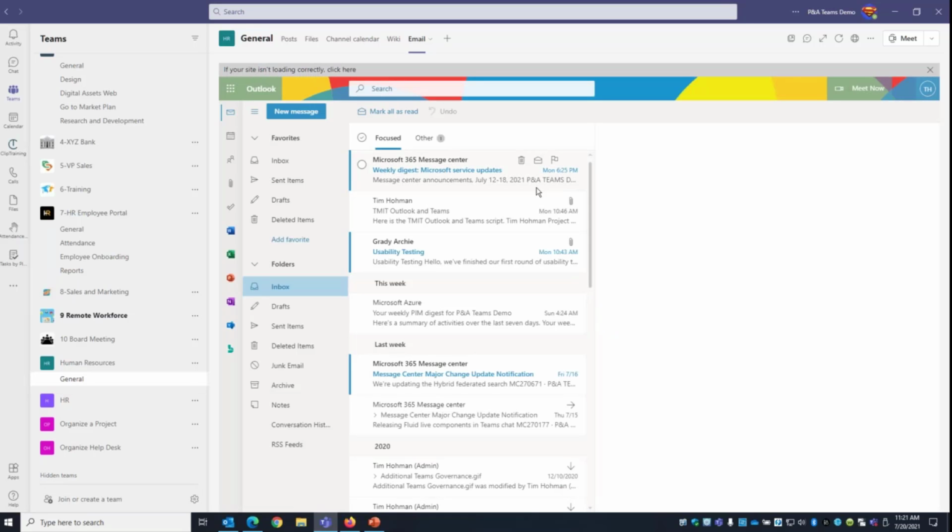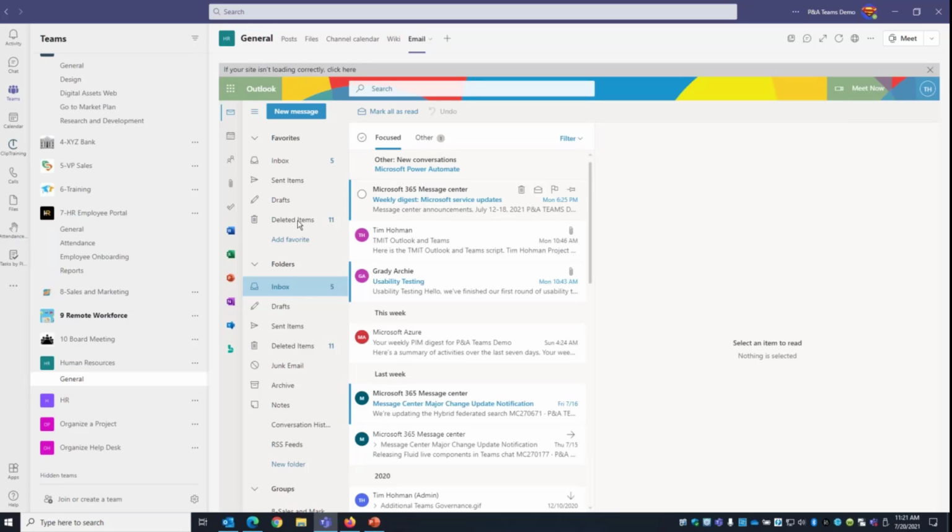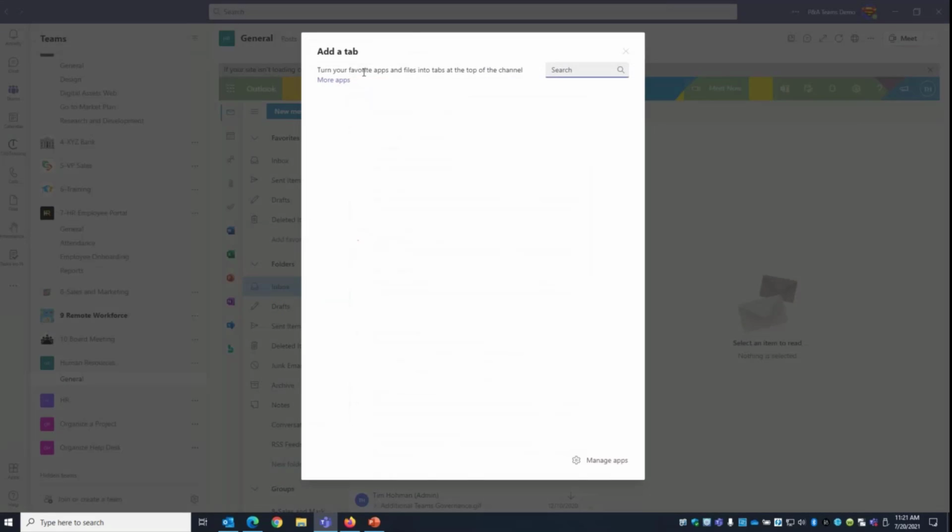And now here it is. Here is my email, same email you saw in my Outlook client, in the website. And all I had to do for that was to add a tab,